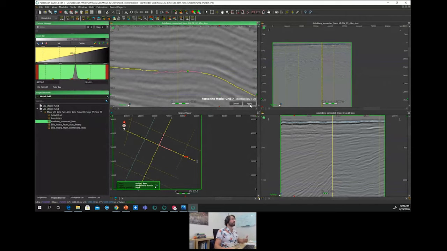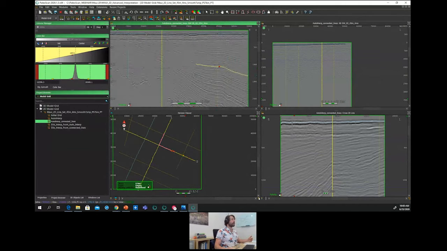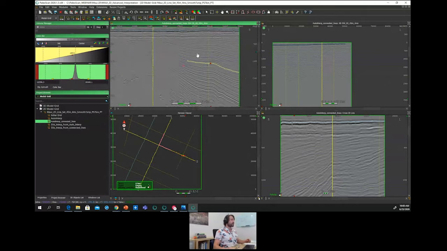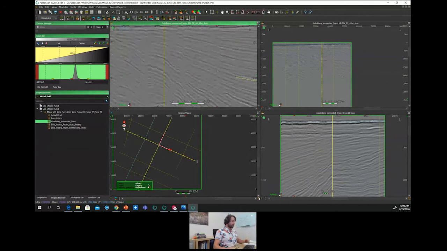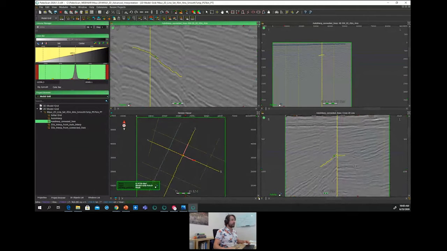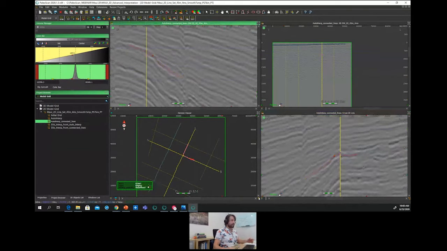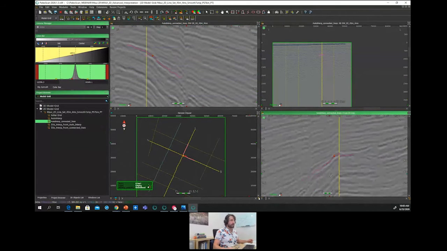If I agree with my choice and if I want to automatically truncate this horizon, I just have to press apply. And Paloscan automatically cut the additional parts. I just have to press N in order to achieve the creation of this. So once I have finished to interpret this horizon, I can now try to correlate a few lines like this. And as you can see here, I finished the edition of this horizon.